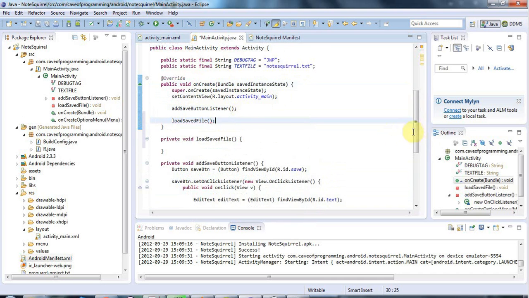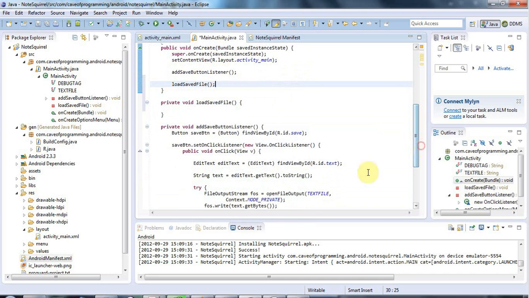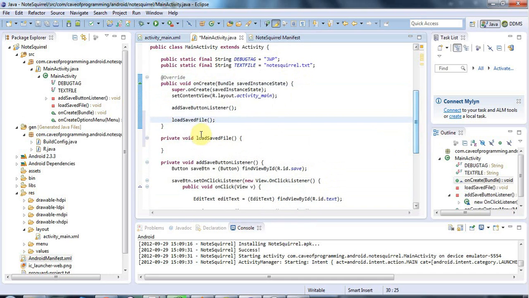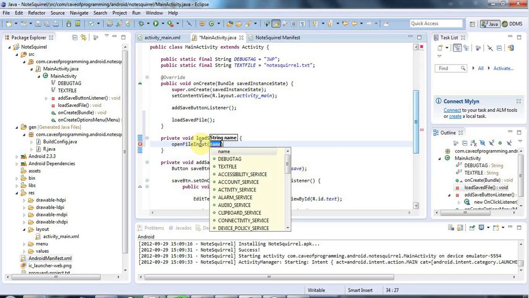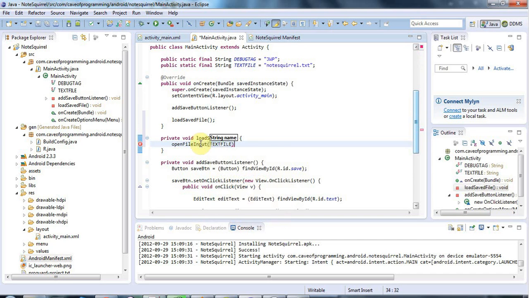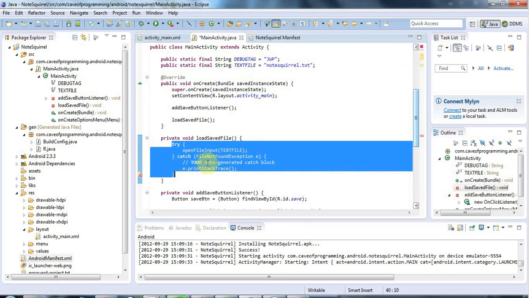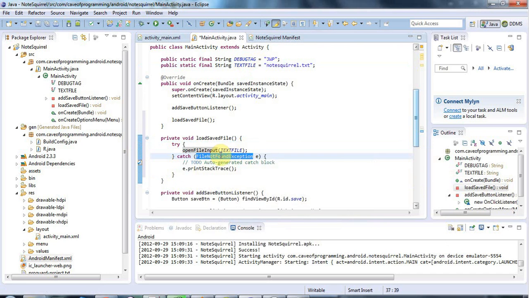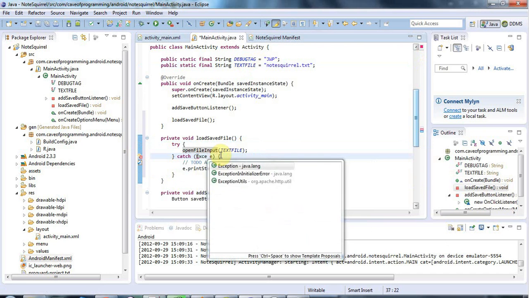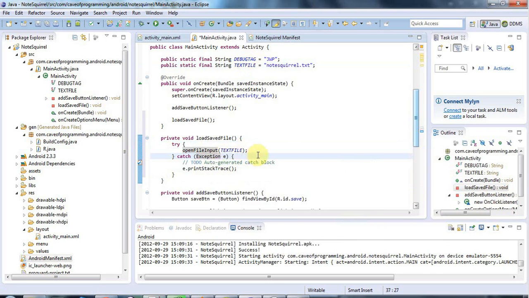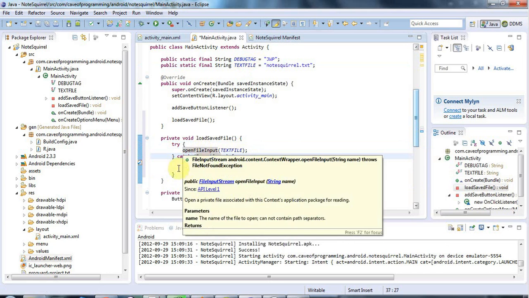And now to write the file we had to use openFileOutput. So you might guess that to read the file we have to use openFileInput. And that takes the name of a file, and I'm going to use my predefined text file string here that I declared up here. And I'm going to surround that with a try catch. And I'll change the exception from FileNotFoundException to just Exception, so that we can catch everything that I'm about to do with one